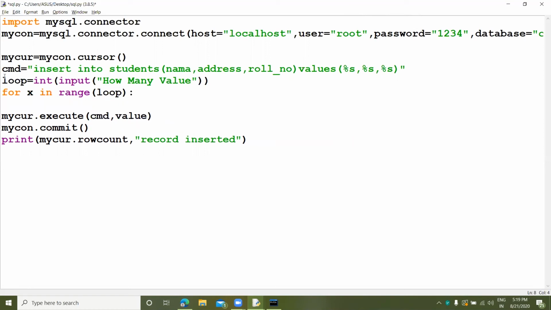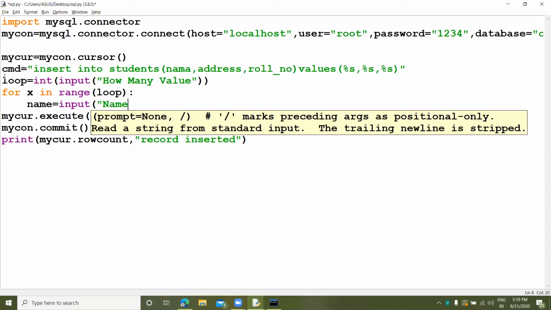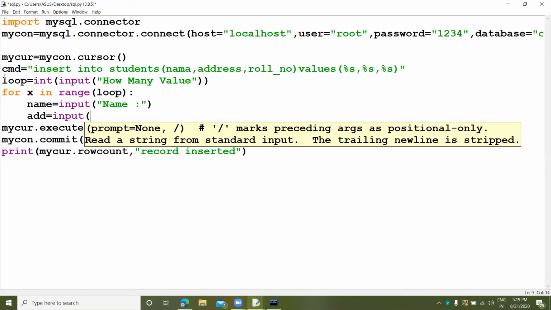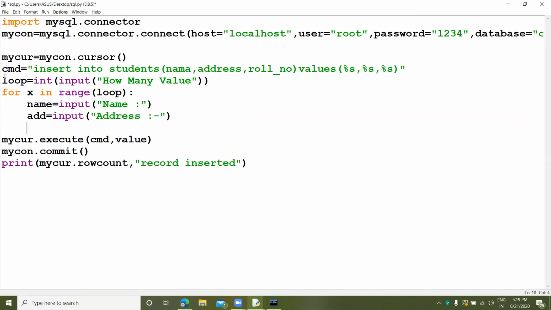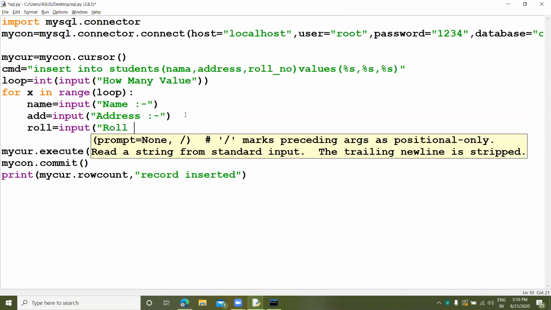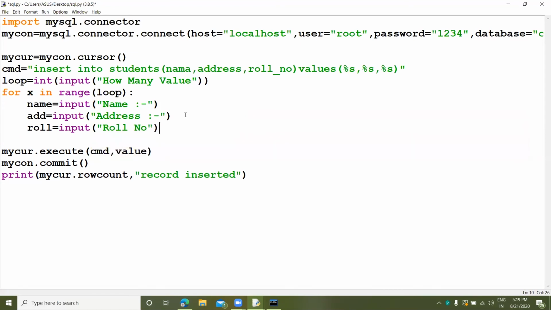It's okay. Now take the name from the user, name. Now address. Now the roll number. Okay, guys.